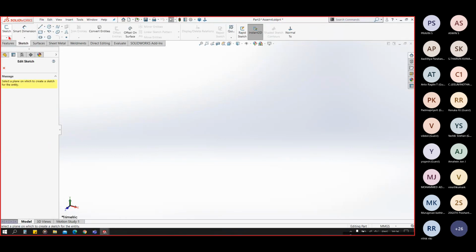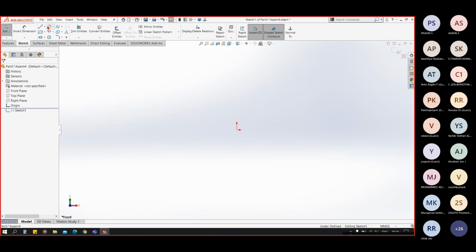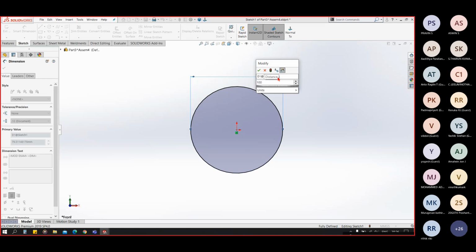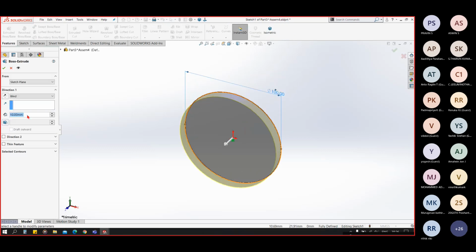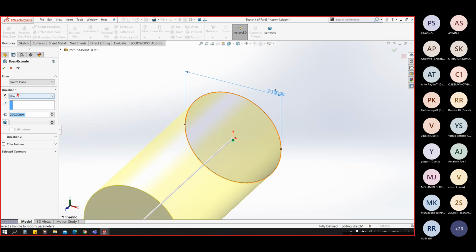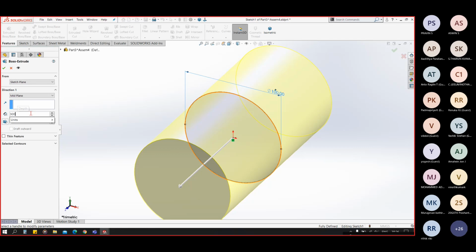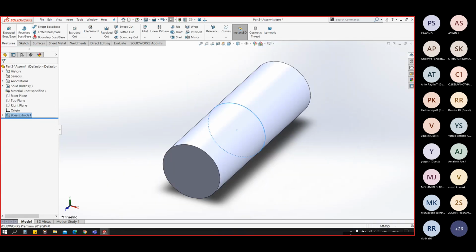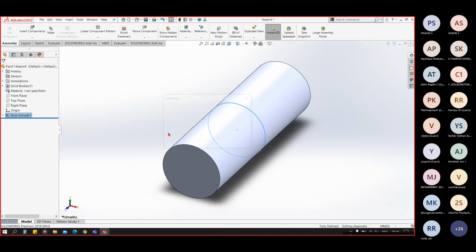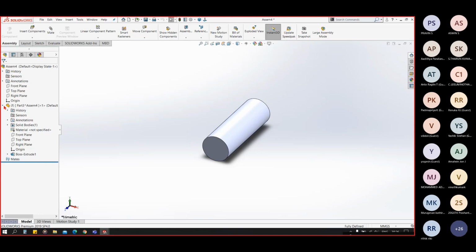So in this case we can sketch here, let's say a simple cylinder of 100 mm diameter, and we extrude it to, let's say, 200 in the middle plane, let's say 300. Okay, and we save it, and as we close it you can see we have our Part 3 in the assembly.